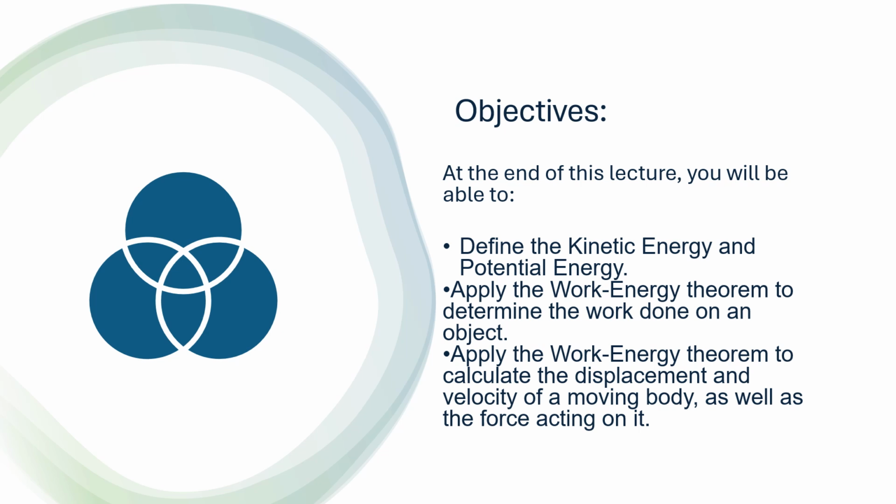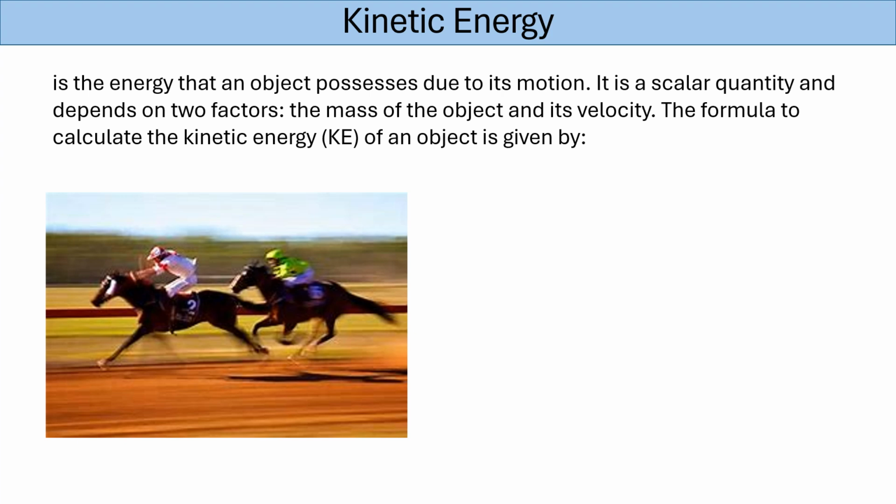So first we are going to define these types of energy, the kinetic energy and potential energy. So first let's define kinetic energy. It's actually the energy that an object possesses due to its motion. Again, it is a scalar quantity and depends only on two factors, that is the mass of the object and its velocity. So the formula for this is you have KE